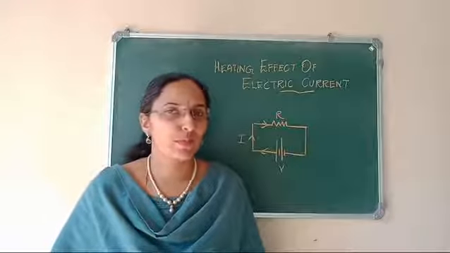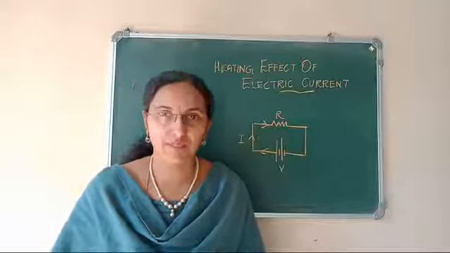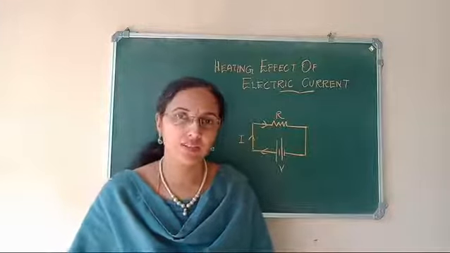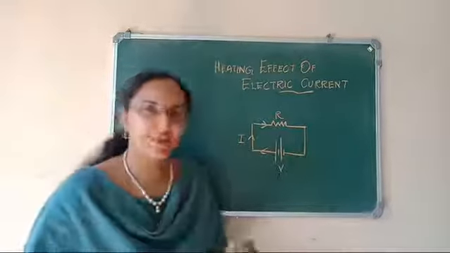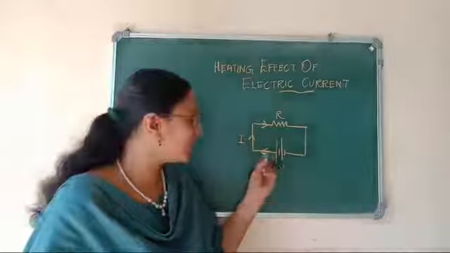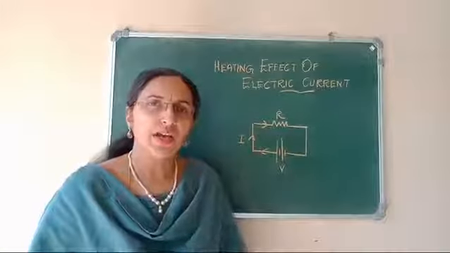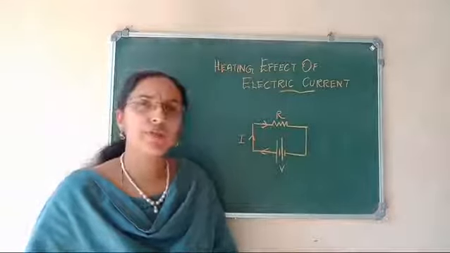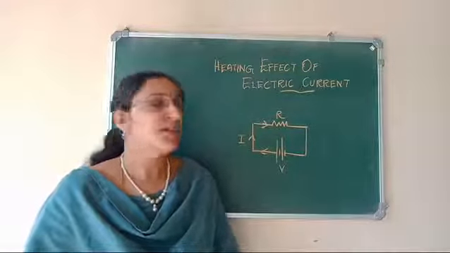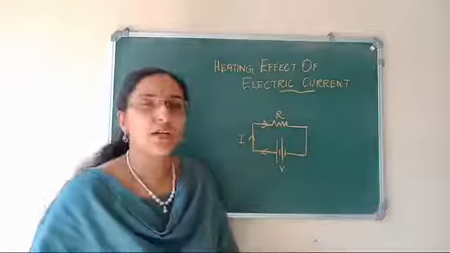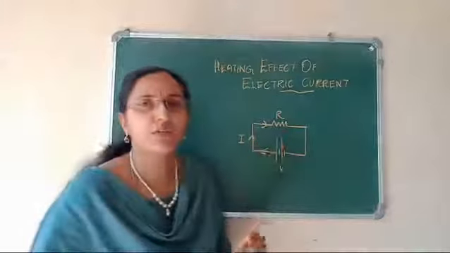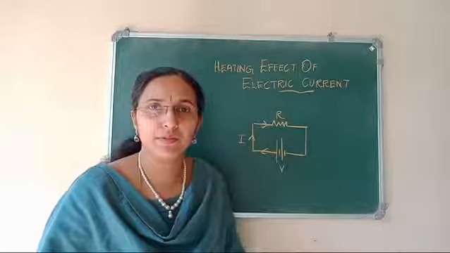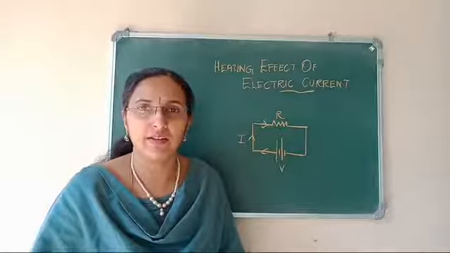Class. Today we are dealing with the heating effect of electric current and the practical application of the heating effect of electric current. Here we can see a circuit which consists of a small resistor and a supply voltage, and a current is passing through it. Here we have to find out the current or voltage, or we can use Ohm's law. But when we pass current through this resistor R for a time t, after some time this resistor will be heated up and heat energy is produced there.